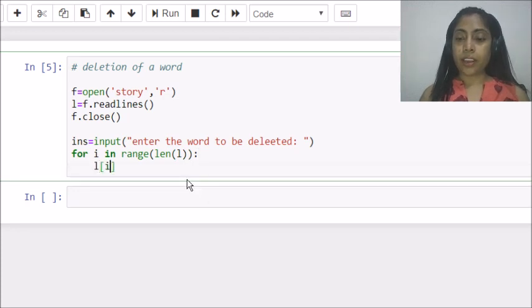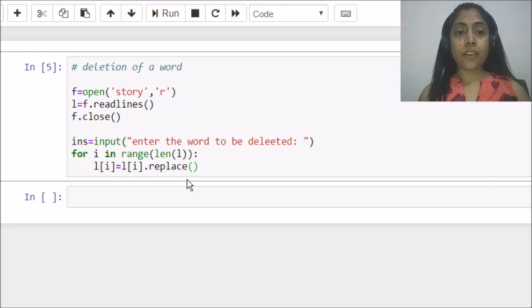Here again I am updating my list's ith element. With the use of the replace function, I can delete particular words of the file. I am replacing the given word that is stored in ins. So I want to delete this, so I can just replace this by simply empty spaces.